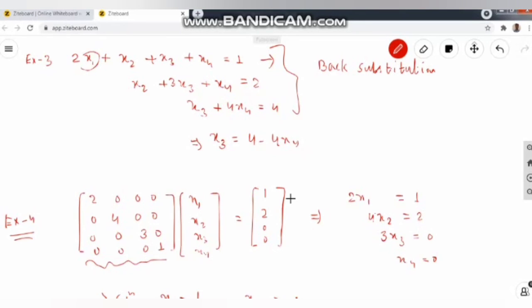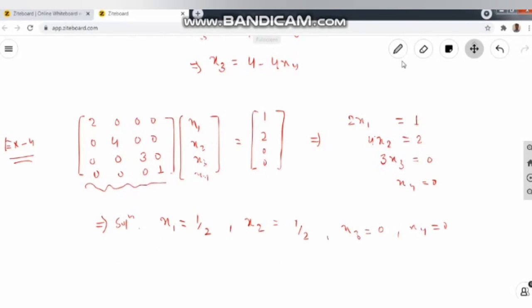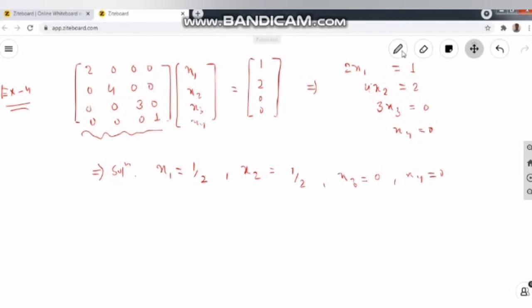So these systems of linear equations are different. Okay, so now let me state one